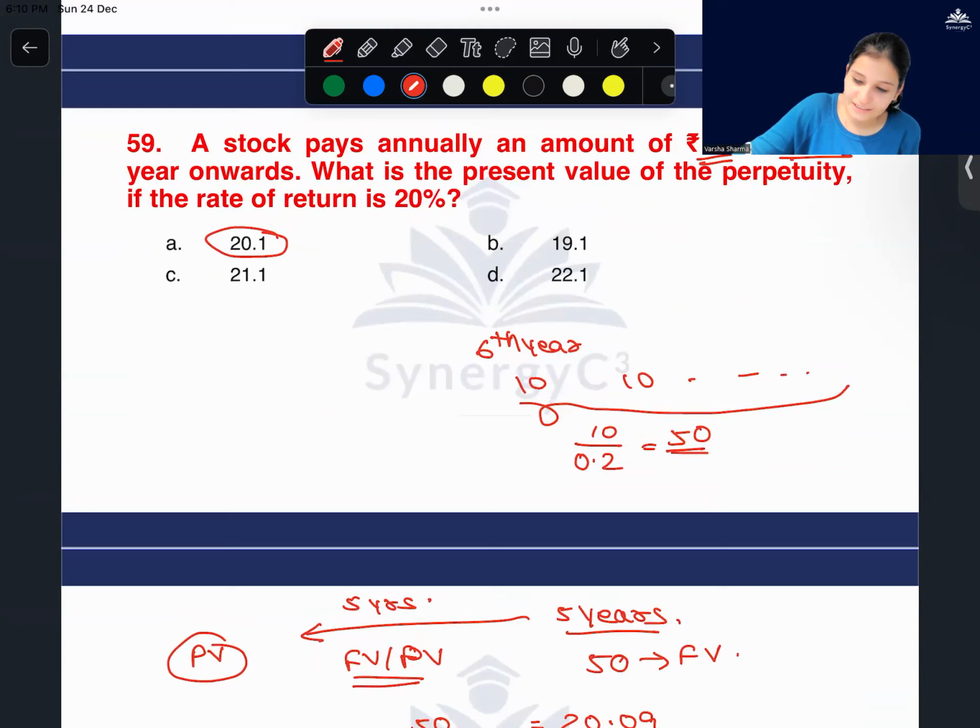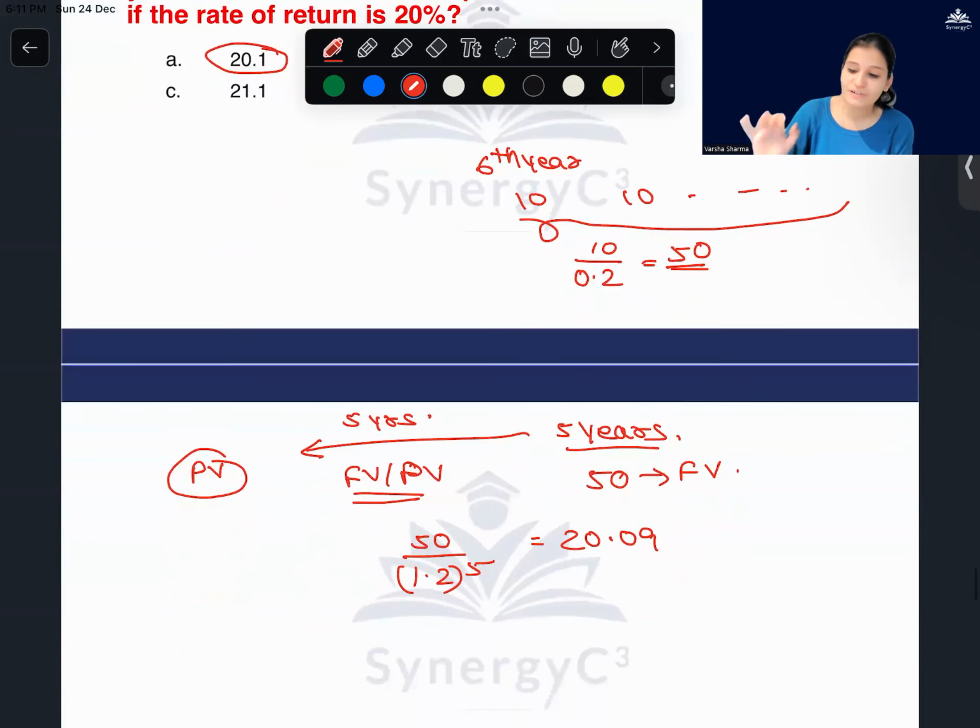In the question, it was written that the perpetuity was starting from the sixth year. So from the sixth year, the perpetuity annuity started of rupees 10 at 20% rate. So first for that, from the sixth year onwards, I found out the present value, which I got as 10 by 0.2, that is 50, R by I. But that is the amount that was at the beginning of the sixth year, that means at the end of the fifth year. But for the initial 5 years, there was no annuity made. That means for the first 5 years, this 20% was normally applicable as present value, future value, or compound interest case. So at the end of the 5 years, I should have 50 rupees at 20%.